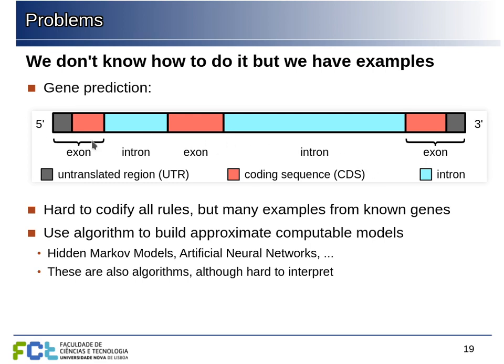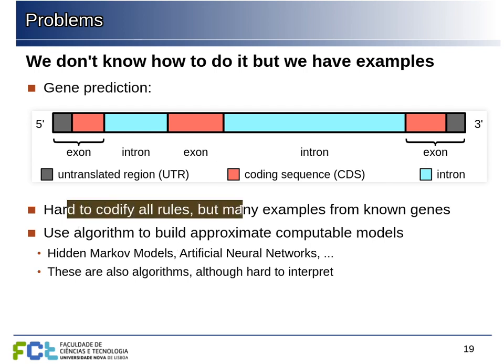And if we want to identify from here what will be the actual coding sequence, that part that will be translated into a protein, it's very hard to specify all the rules in detail for a program to find this. There are many different combinations, and we don't even know all the possibilities